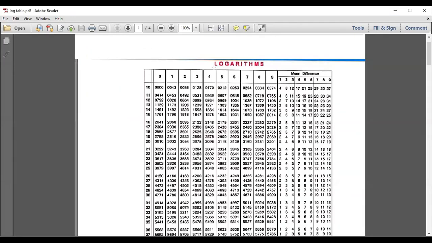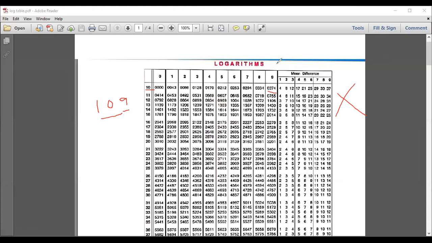Okay, so here is the screen in front of you all. So the number was 109, correct? This was the number. So the logic is 2, 1, 1, but in our case we have only 3 digits. So we'll consider 10. Under 1 we'll take the column number 9. So it will become 0, 3, 7, 4. Again, there is no mean difference column, so that will cancel. Okay, so let's see the answer.